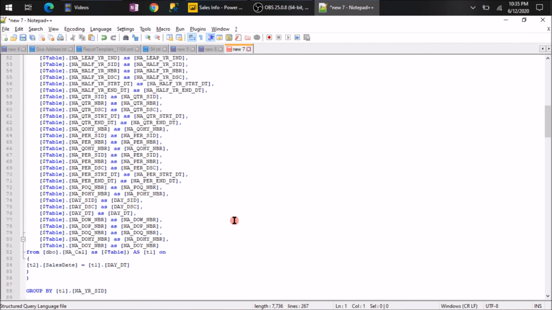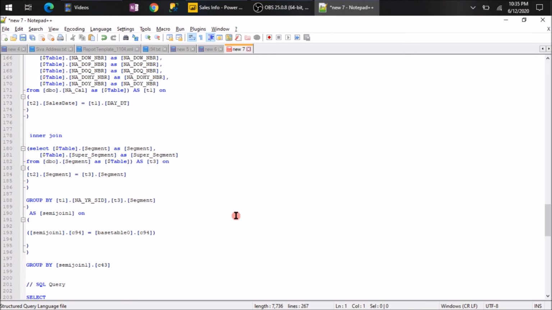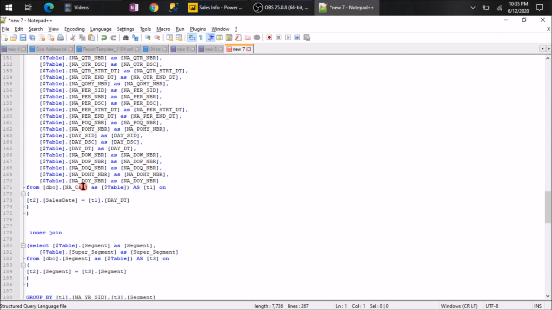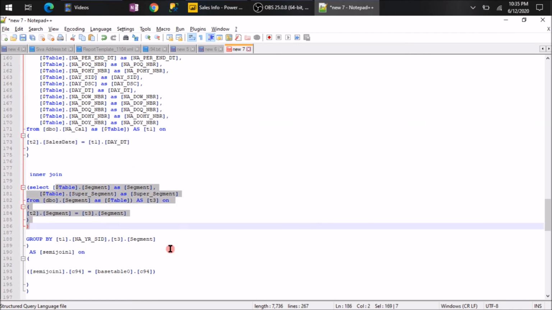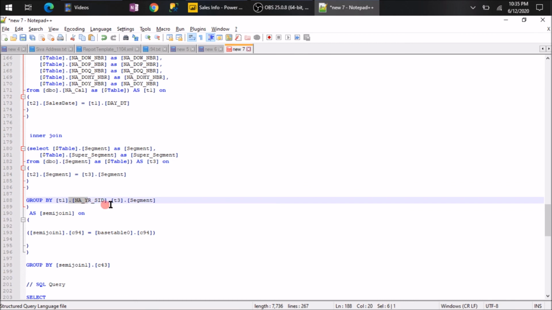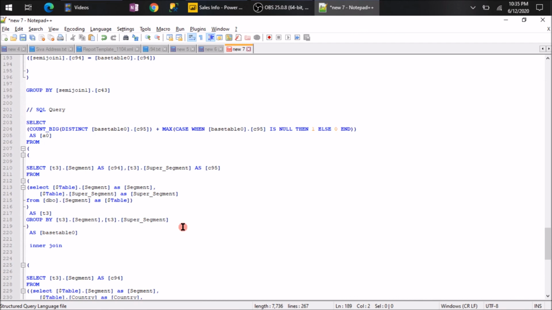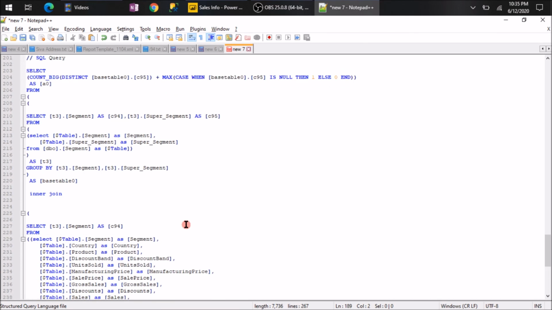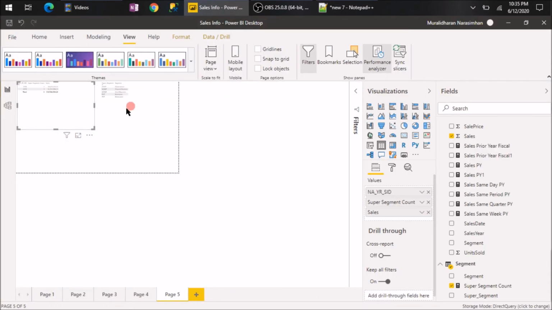Surprisingly, Power BI had some convoluted joins, but I will go to the place where it actually joins these two. So here, if you see, it is joining the calendar table and the fact table. It is also joining the segment table, and then grouping by year and segment. So this is exactly what we wanted for our query. So based on this we have this value, like 2 and 3.